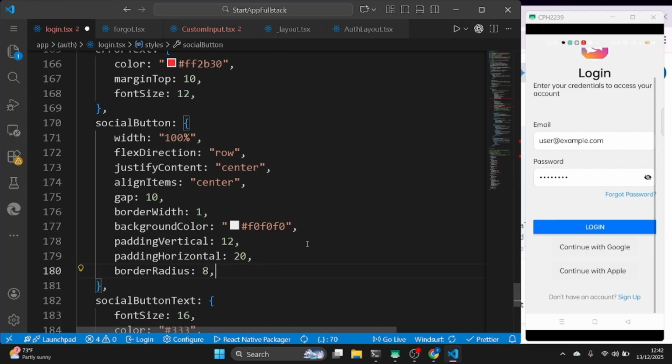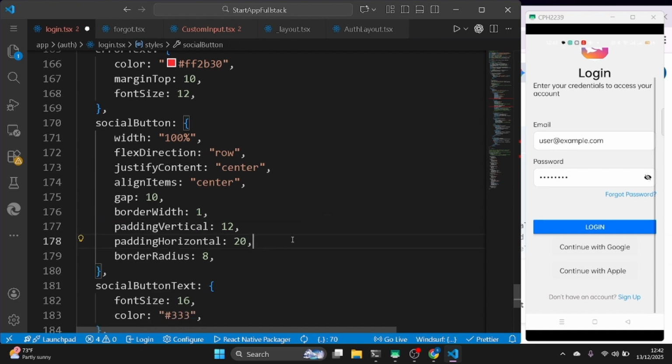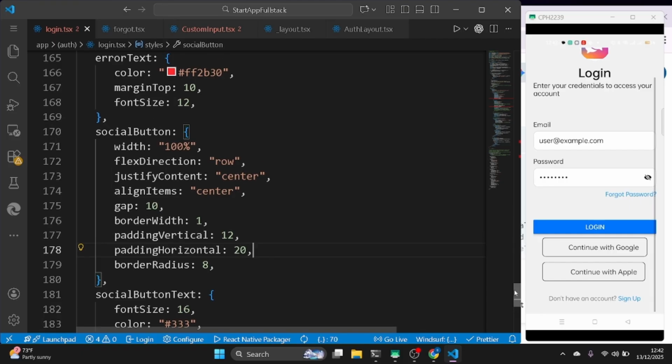Okay, this is fine. And border color, or background color. We don't need background color. We can use the default background color. So if I save that, this is what we get. So the idea is to have a logo here. Okay, to have a logo,